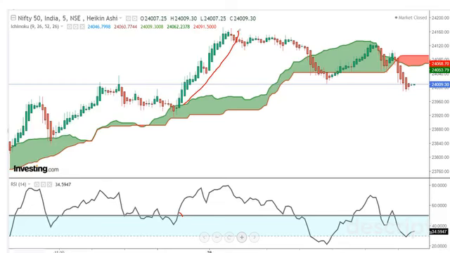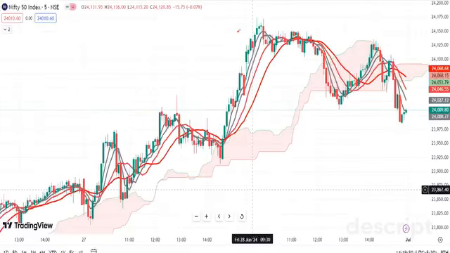You use MACD or RSI, you do. Now, improvising more than this, simply, I did nothing. I simply plotted the EMAs, quick EMAs: 5, 8, 13, 21. So from here, you can easily make out the peaks and the lows, and support and resistance. So this is a wonderful use of the indicator called Ichimoku Cloud.